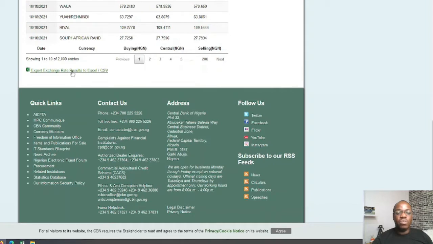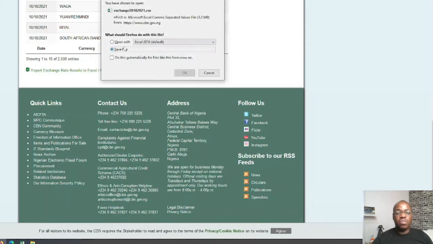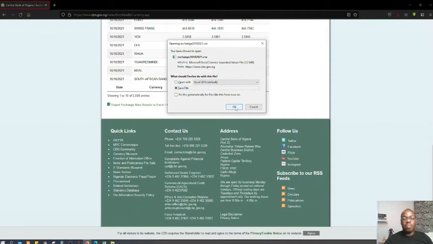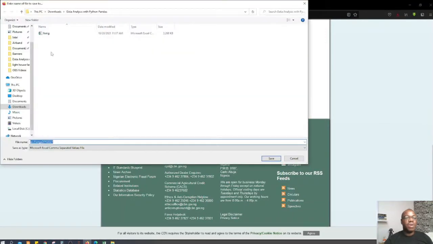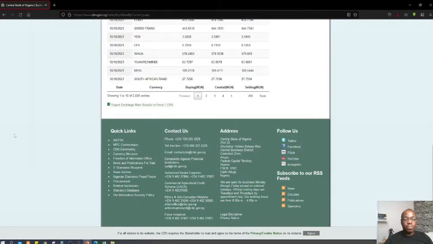So all we need to do is just click on export, and then save it in an appropriate drive. So save it, and it's going to ask you where you want to save it. I already have downloaded it and saved it in my download folder, and within there I have a subfolder that is data analysis with Python Pandas, and it's in here. I saved it with a shorter name, fx9, so that makes it easy for us to use when we're doing analysis. So I'm just going to cancel this one,